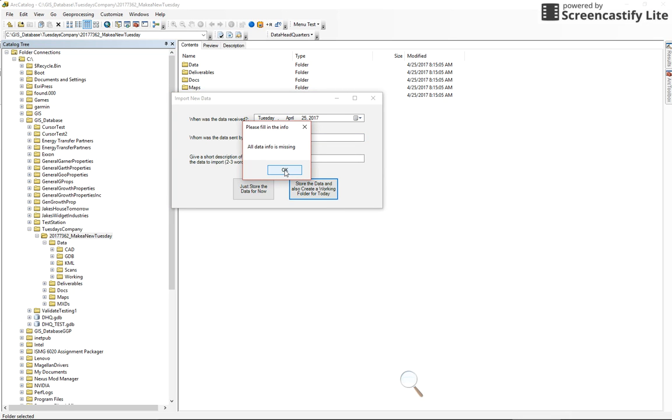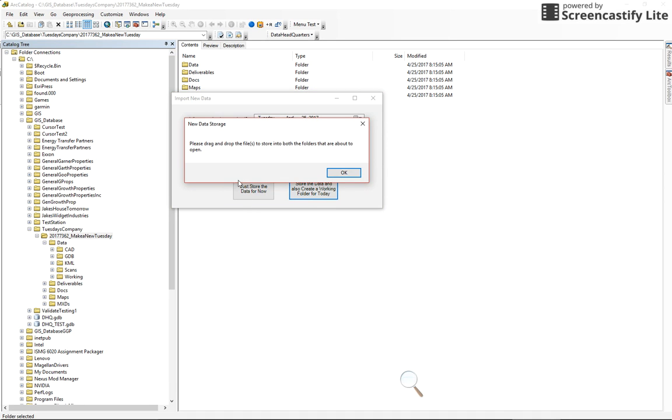So all data info is missing. Please fill in the info. If I just do one, this one's missing. But if I fill in that info, say store the data and also create a working folder for today, it gives me this message. Please drag and drop the files to store into both folders that are about to open. So if I wanted to drag them from an Outlook window,